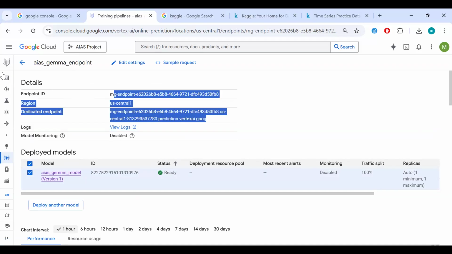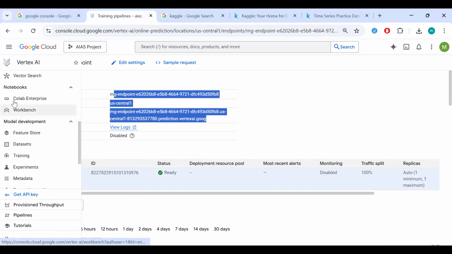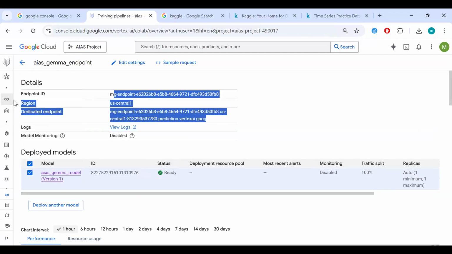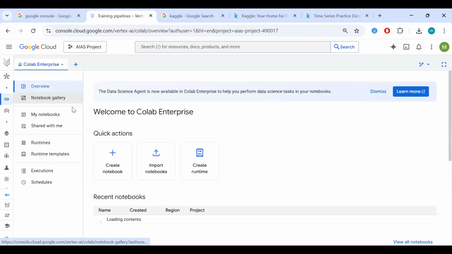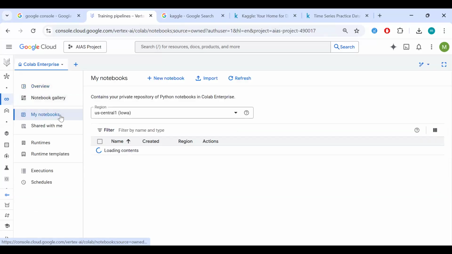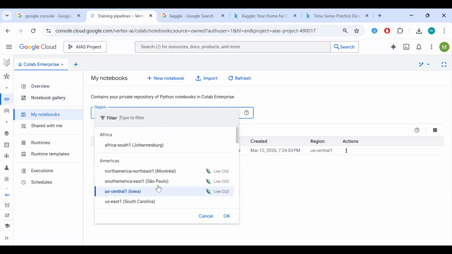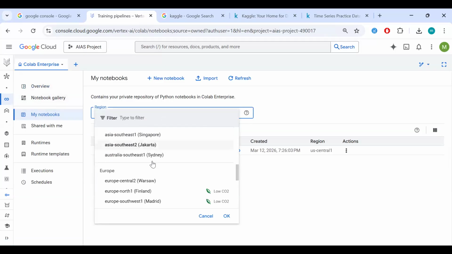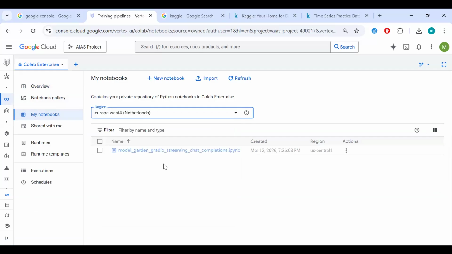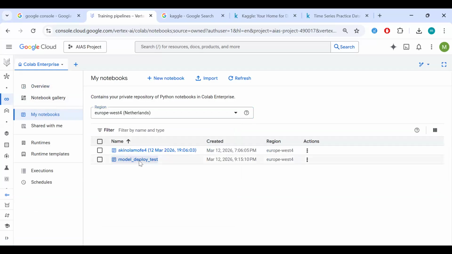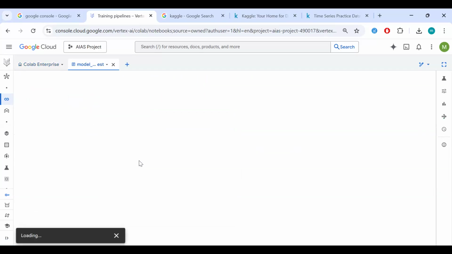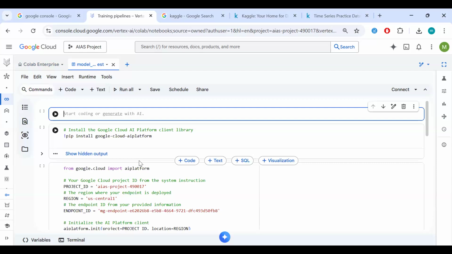And what we're going to do is open Google Colab Enterprise, right? And again, I've prepared our notebooks ahead, so we just need to understand what's going on. All right, so we have our model deploy test. So we've deployed our model, right? We deployed our Gemini model. You can deploy any other model, right? I think sometimes you can interact with the model via the AI Studio, and I'll show you that. But we're deploying a model now.